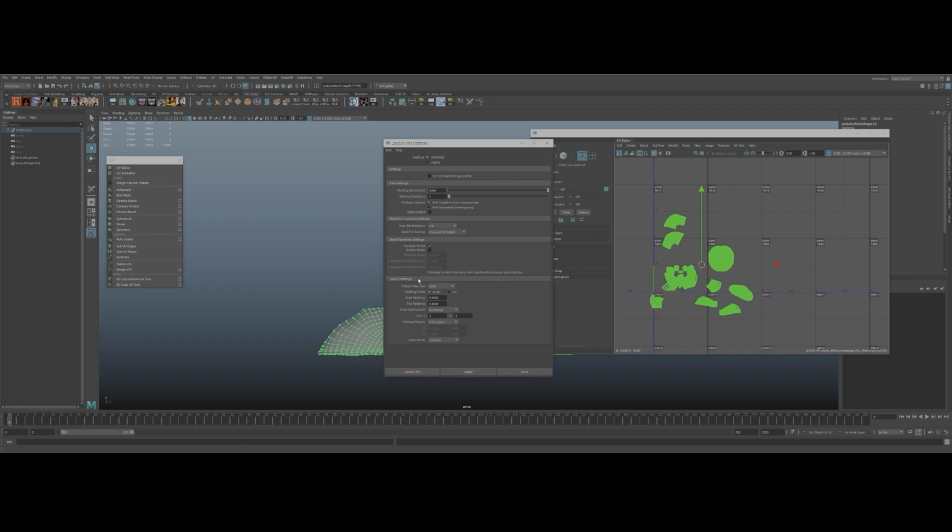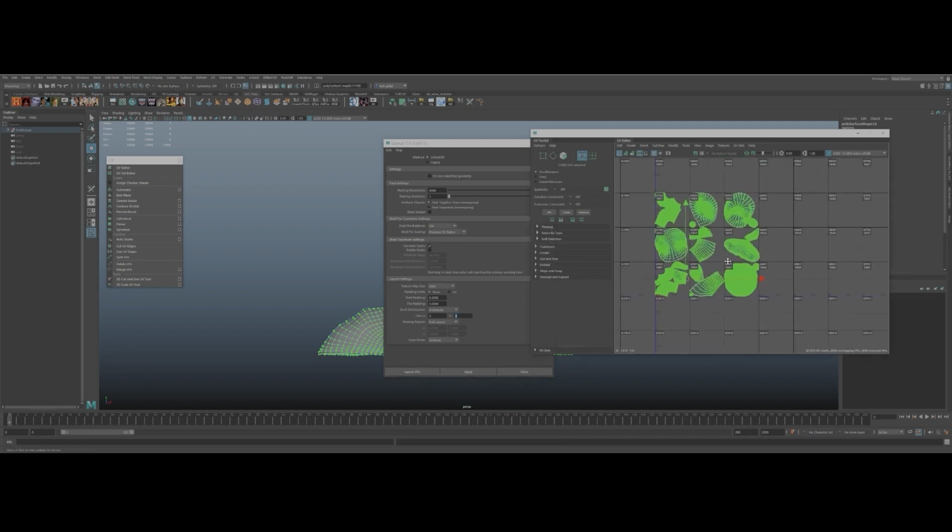The only thing I'm really changing is coming down into this layout settings, changing my texture map size to 4K, using a padding unit of pixels and setting up a padding distance of 5 pixels for both the shell and the tile. And for right now, I'm going to let it automatically distribute these shells for me between 3 tiles going horizontal and 3 tiles going vertical, just so that I can get an idea of how much I have in terms of resolution and things like that. So I'm going to hit apply,